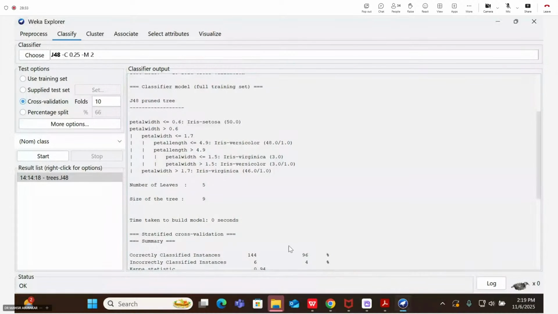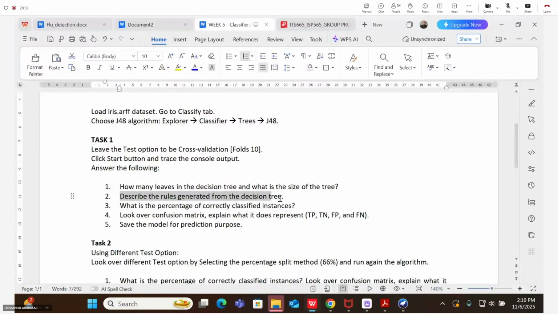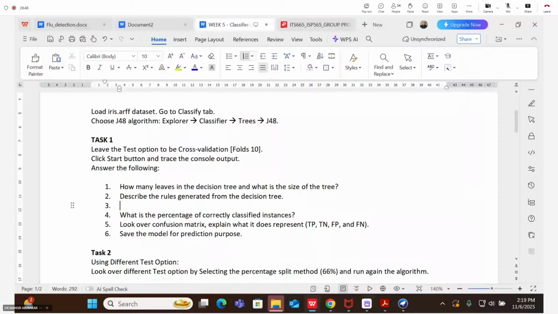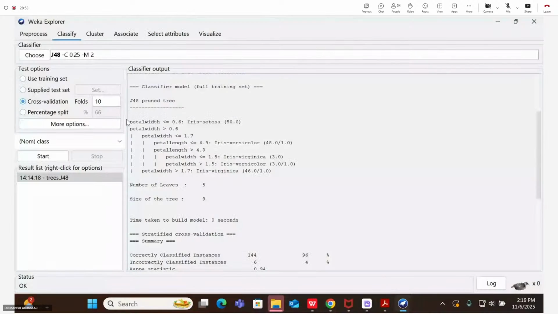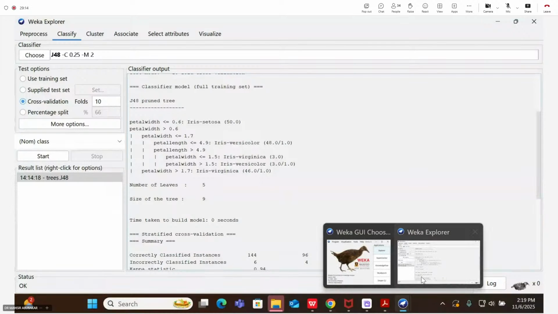And then the next question is to describe the rules generated from the decision tree. So these are the rules that I was trying to explain to you here. For example, in this particular rule, but always, as we say, machine learning is trying to understand the rule. So it is trying to say that if the petal width is less than or equals to 0.6, then what is going to be the class of our flower here? Okay? So now the rule is trying to say, okay, now,